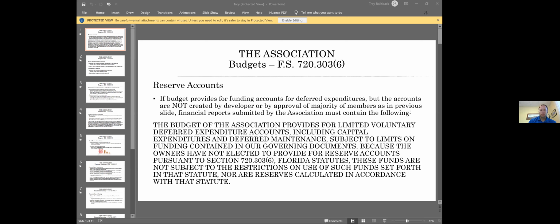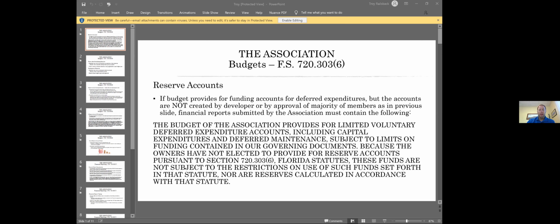So one of the main things that you're going to face every year, and you're going to talk about it all year long, is your budget. And most associations have some type of reserve element. So it's important that as you adopt your budget, the association will always consider reserve accounts.